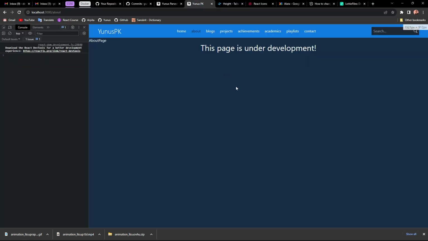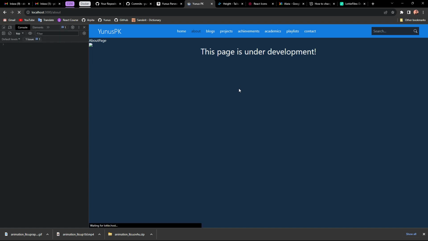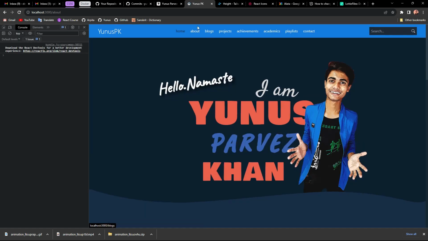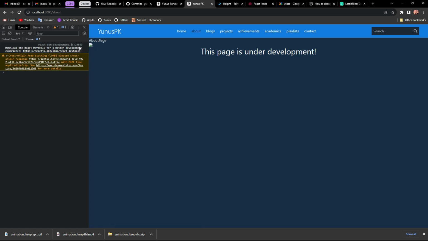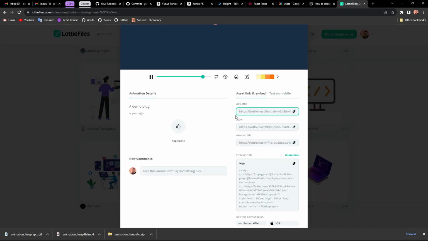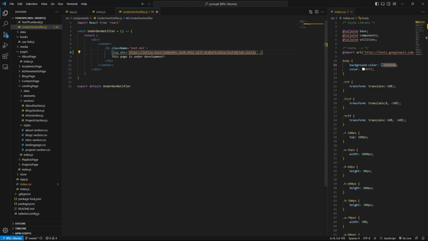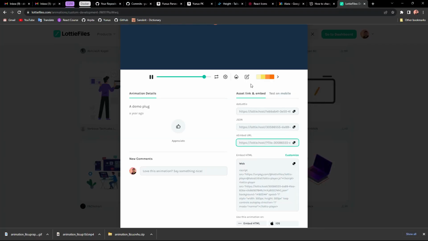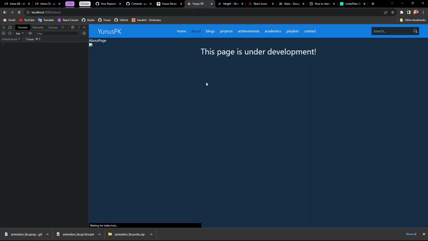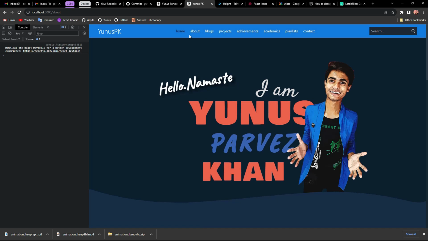I'm gonna see if that comes in. That doesn't work. Embed URL. Okay, that's JSON. Also, that doesn't work.